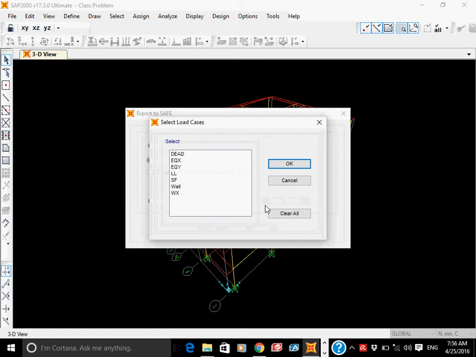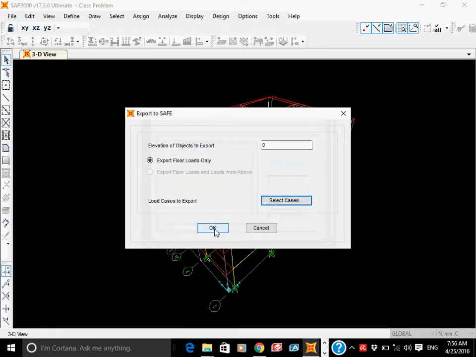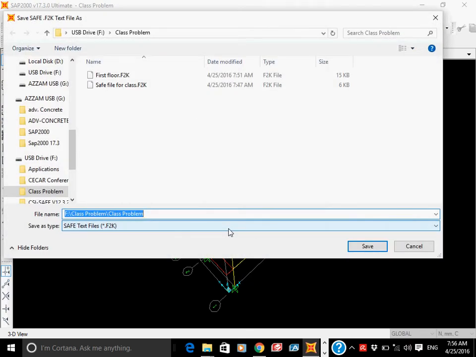It is better to export all the load cases. Just select all, click OK, and make it OK. Here you can give the name of this file as foundation,